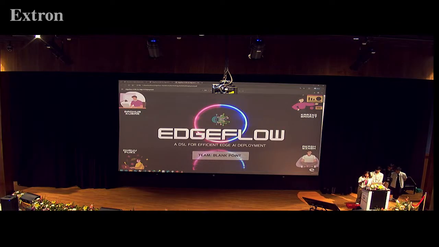So the configuration, first of all, we researched and saw that there are some standardized configs that are needed for edge AI deployment. So all those configs are particularly mentioned in our DSL, like the basic configs you need to specify, whatever your target device is, and if you need some optimizations like fusion and pruning.